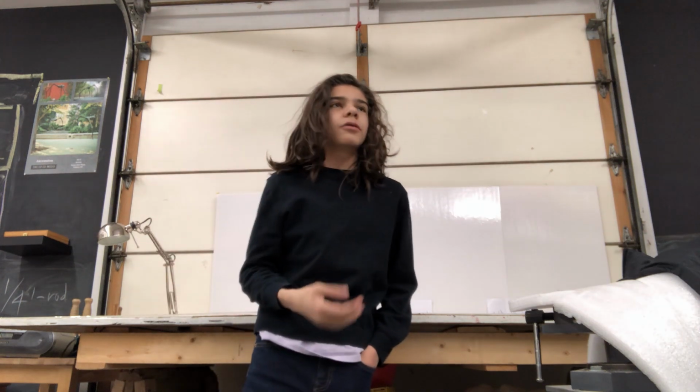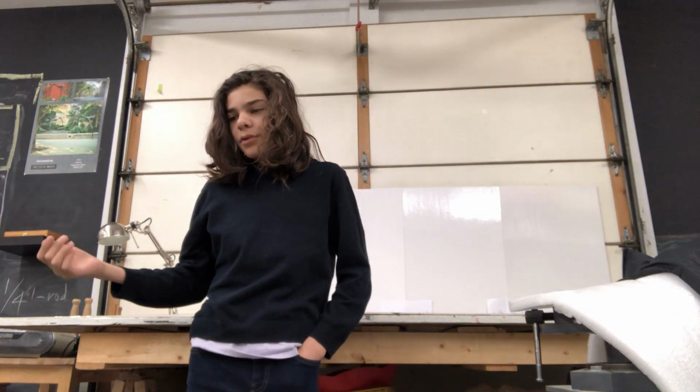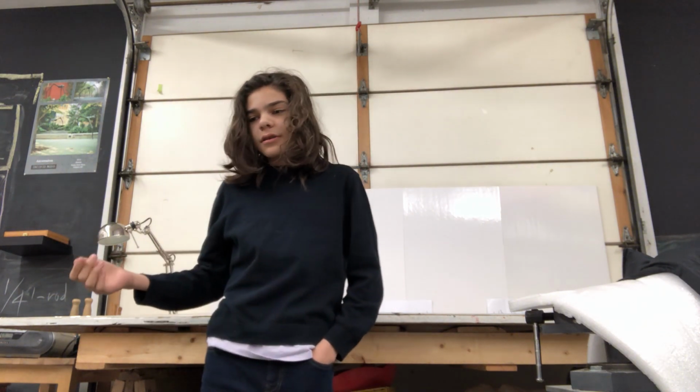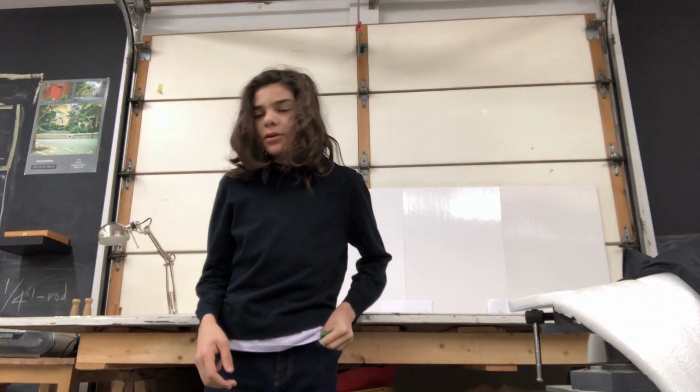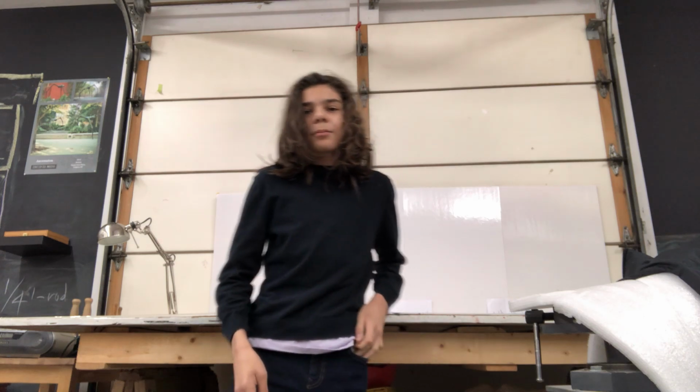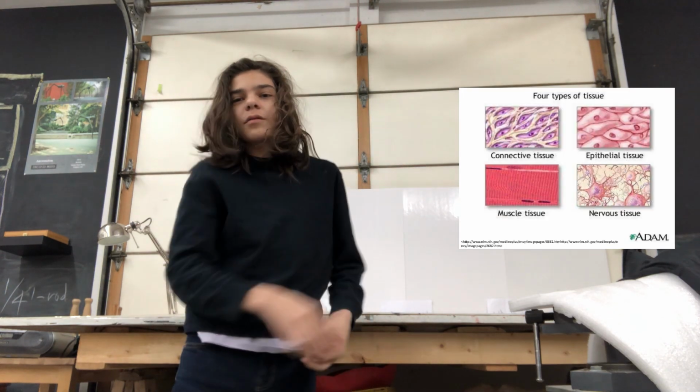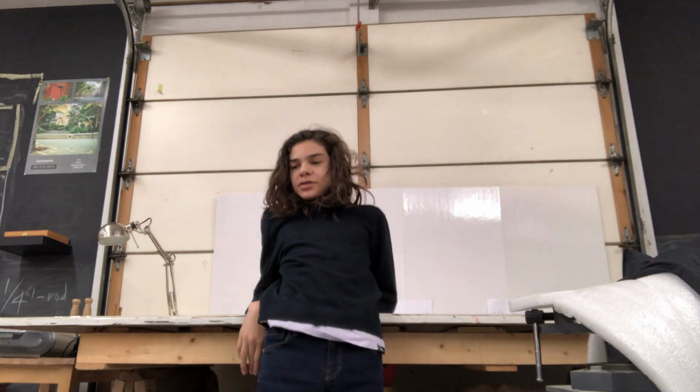For those who don't know, connective tissue is one of the 4 primary types of animal tissues, along with epithelial tissue, muscle tissue, and nervous tissue. You can see all 4 of them right there. The tissue can develop mostly